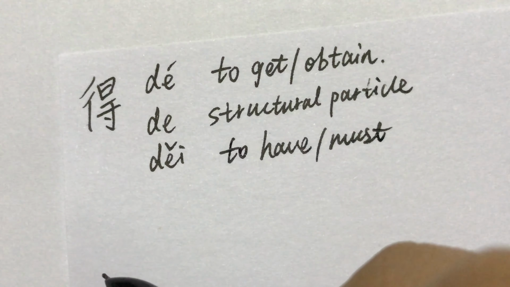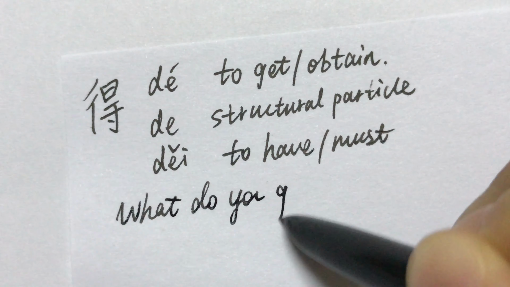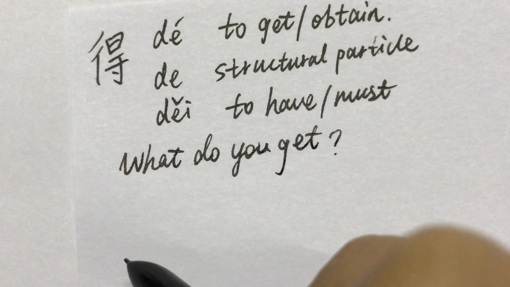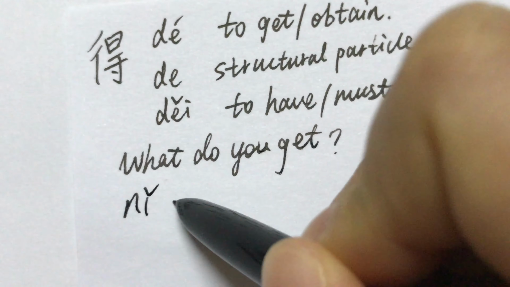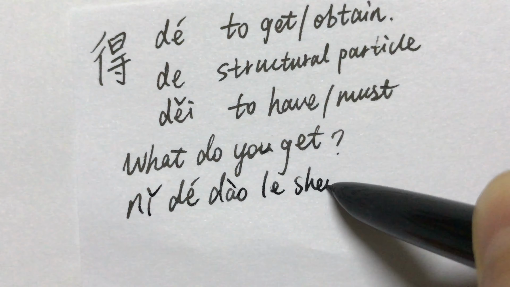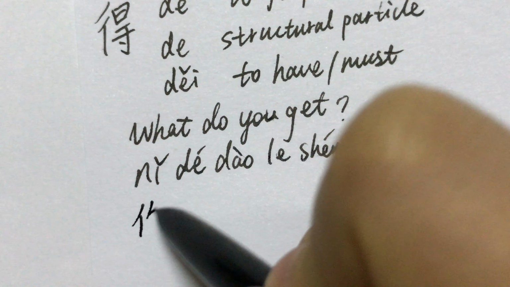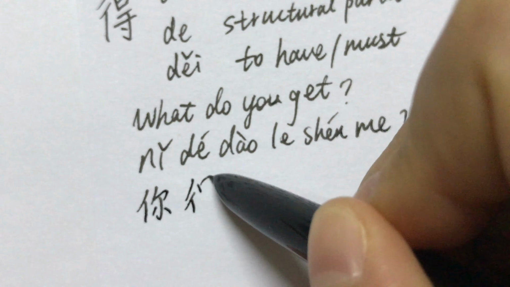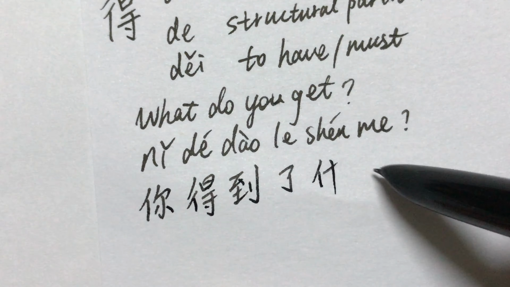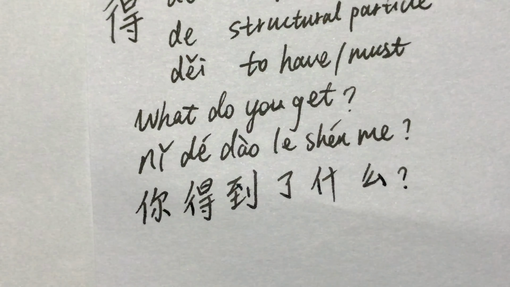Now check this sentence. What do you get? 你得到了什么？What do you get? 你得到了什么？